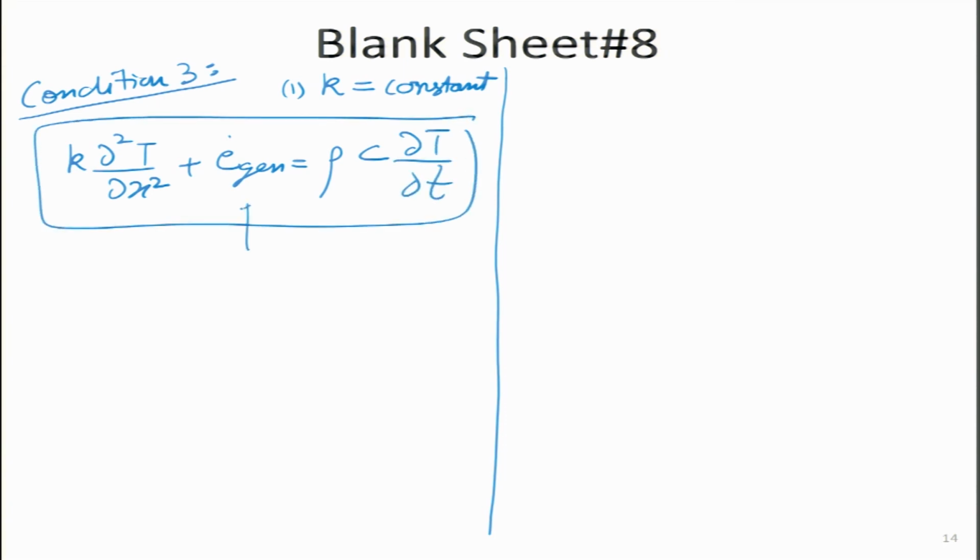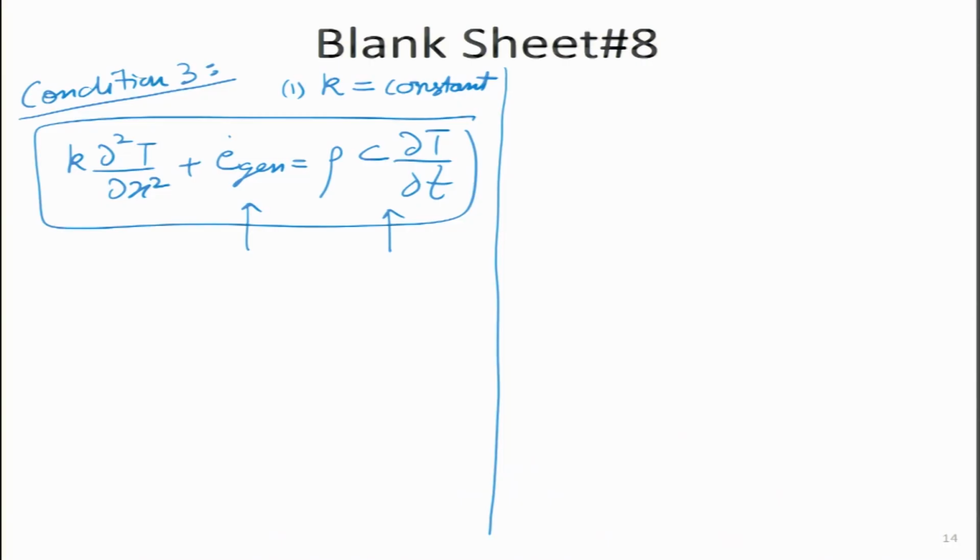So, these two terms are there because I am not considering energy generation to be 0, as well as I am not considering steady state. So, how do we solve this? To be honest, it is a very difficult process to solve it, but we will go ahead and do that in the subsequent chapters.